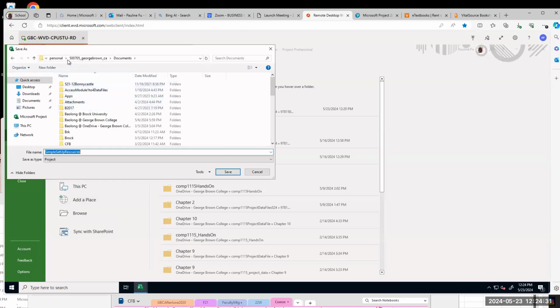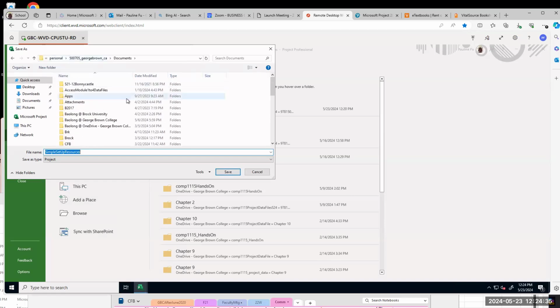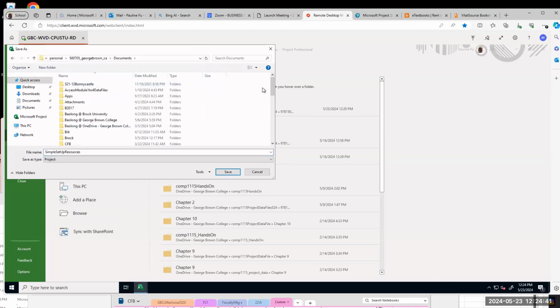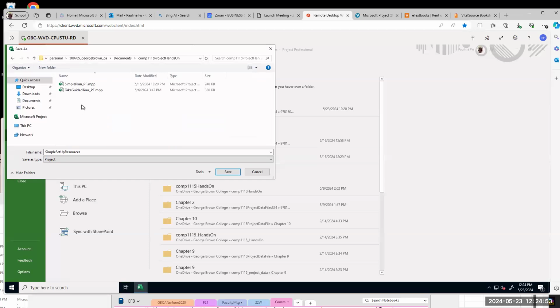Remember, in OneDrive, George Brown, I need to see it, but I do not see it now. Yeah, it is here, the hands-on here. So save the file as the original file name followed by your initial.